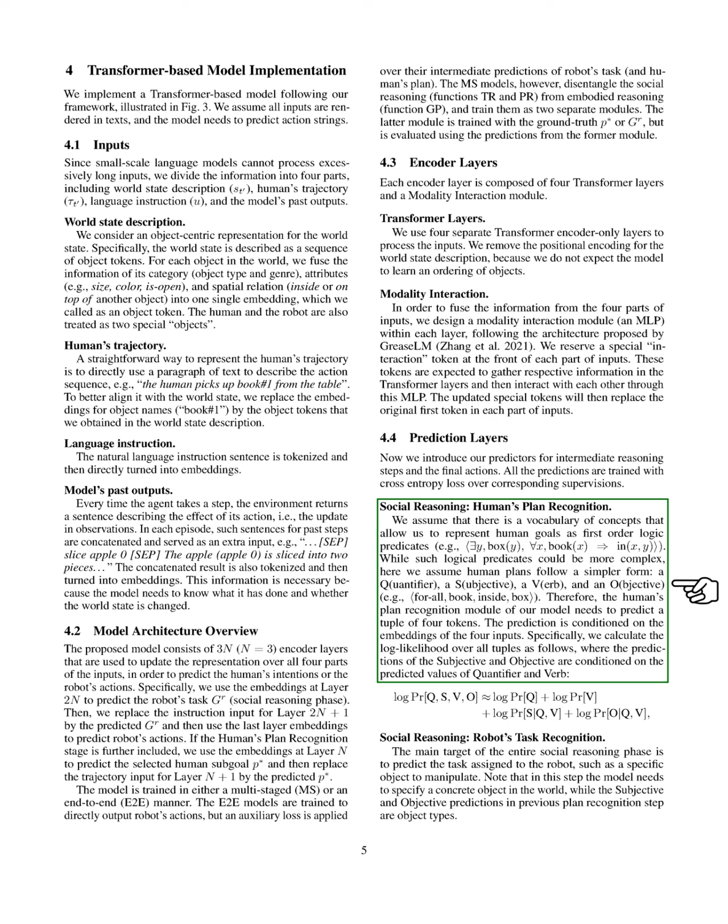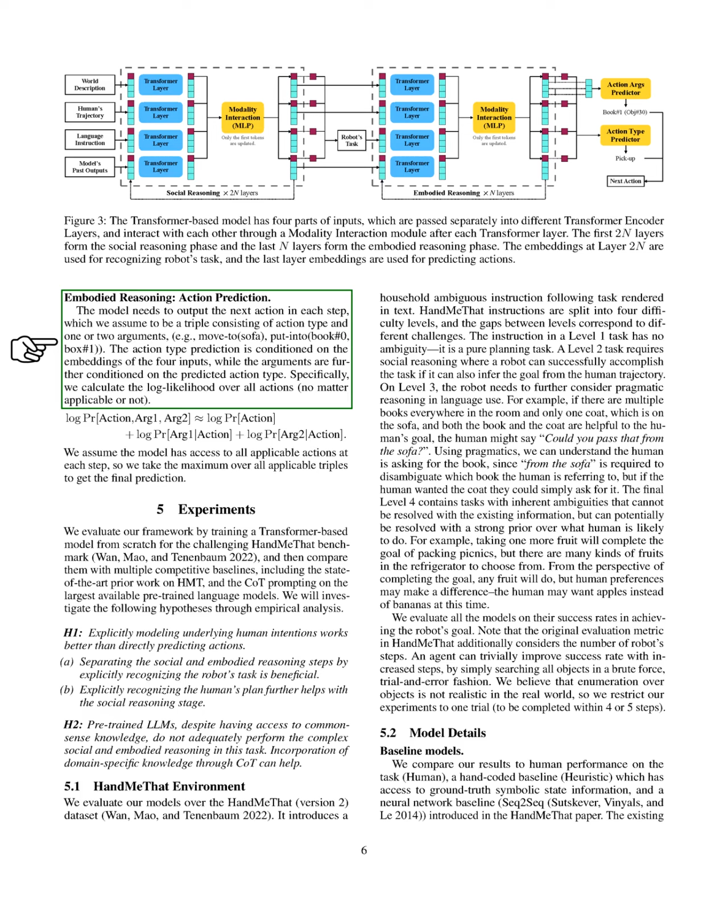Here, we focus on concrete objects rather than just object types. For embodied reasoning, we need to predict the next action, which we define as a combination of an action type and 1 or 2 arguments. The prediction of the action type is based on the embeddings of the 4 inputs, while the arguments depend on the predicted action type. We calculate the likelihood of all actions and select the best applicable action based on the